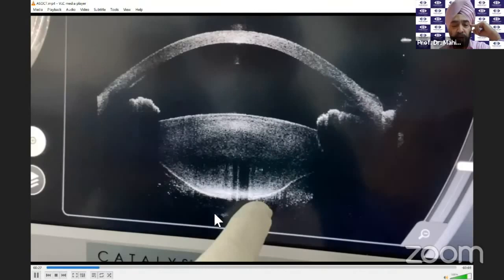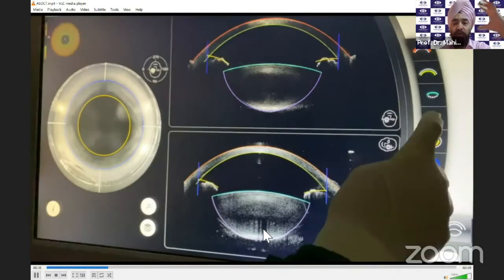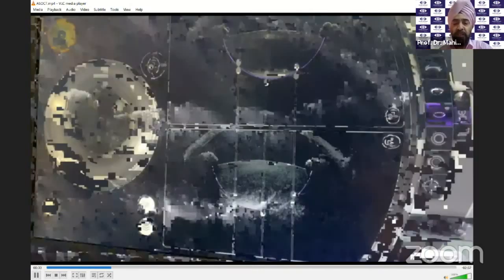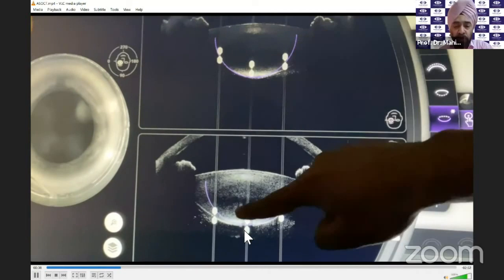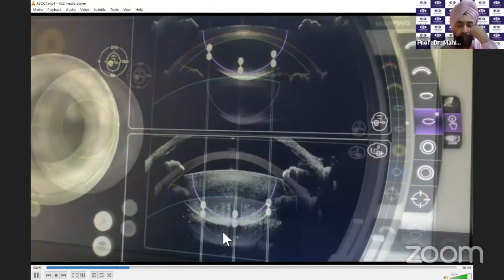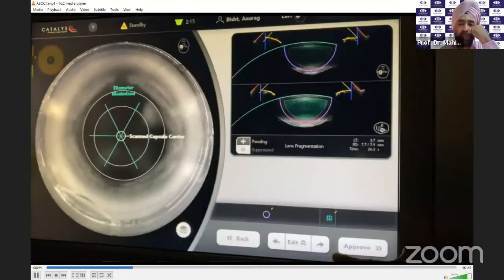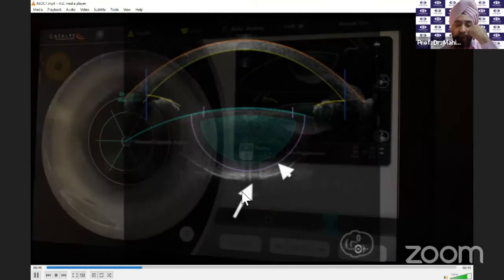So what we have to do is, can you see this? Can you see this? It is very, very clear. So very clear. OCT actually gives you a fantastic look at the posterior capsule. And what you can do in the femtolaser is that you can actually raise the area where you are going to do the cortical, the nuclear cleavage. So you can see that I have saved this particular area.